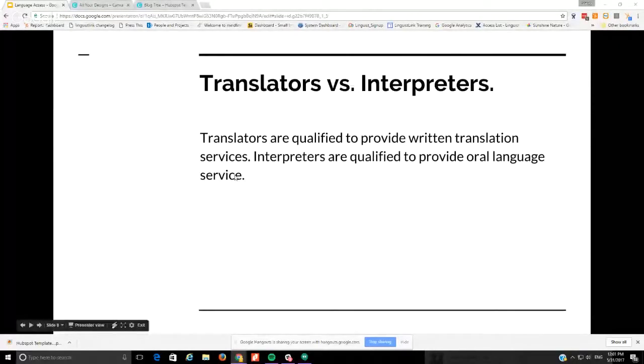But I think it's good to know, and this is a key understanding when you're working with non-English speakers, the difference between translation and interpretation. Interpretation is oral or spoken translation. Now, people use translation to describe both of these, but from a professional standpoint, you have professional interpreters and you have professional translators. Sometimes they can do both, sometimes they cannot. So it's really important to understand that when they're doing it over the phone, that's interpreting. Right, or in person in a doctor's office or something. Exactly. Like that.